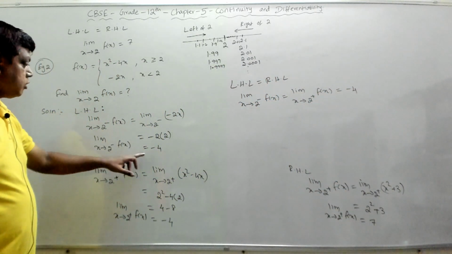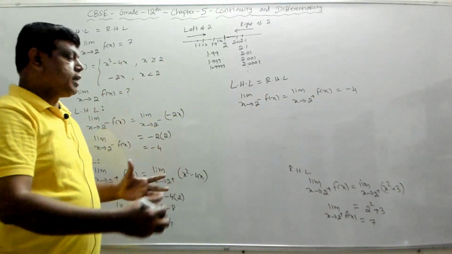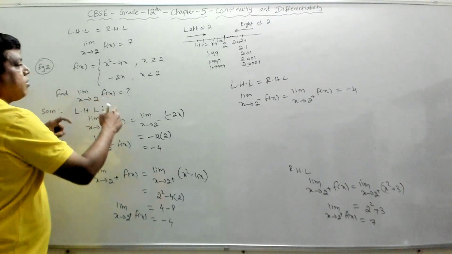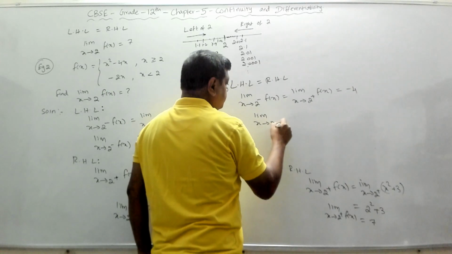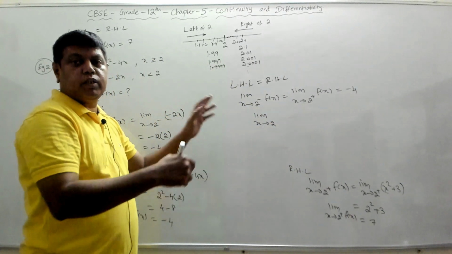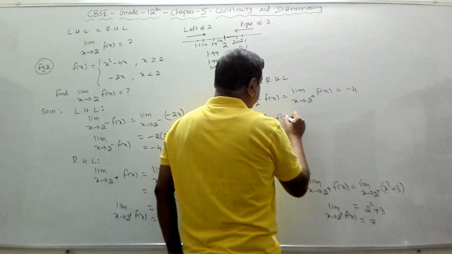Both the left hand limit is also minus 4, and the right hand limit is also minus 4. Both the limits are same. Therefore we will say limit x goes to 2 of f of x, which means whichever direction x approaches 2. That is the meaning of this. When x approaches 2, whichever direction it approaches 2, then your f of x will go